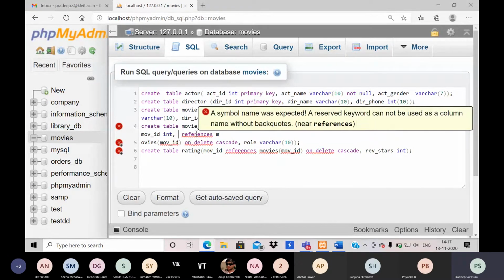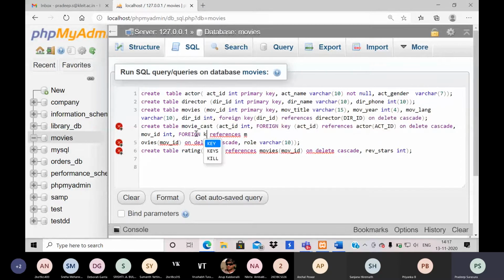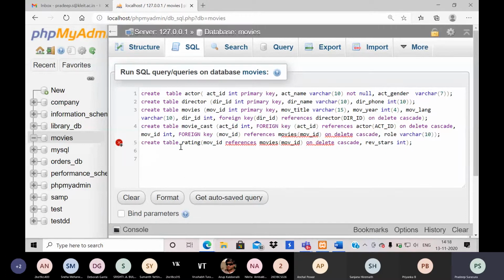Continue in the same manner. Foreign key, please write this is movie ID. I will remove this. I think this will work fine. This will not create any problem.